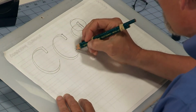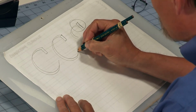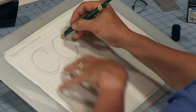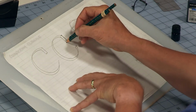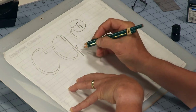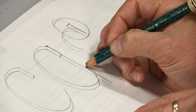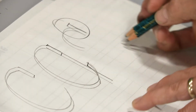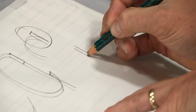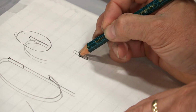Now, the bottom part of the curve kicks out just a little bit further than the stem. You see, if this stem extended straight down like this, do you see that? If you continue that line, then the bottom of the curve would kick out just a little bit past that. That makes sense? So I'm going to draw one more time, and then we'll go on to the felt tip pen. This time I'm starting with the stem, perfectly legal if you want, and then the big curve,